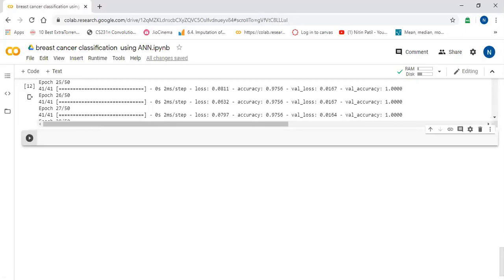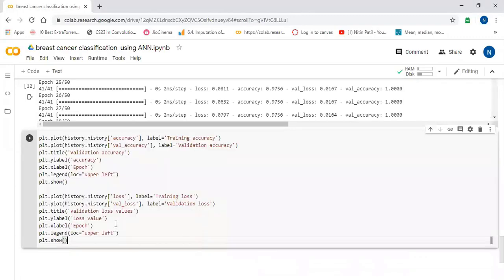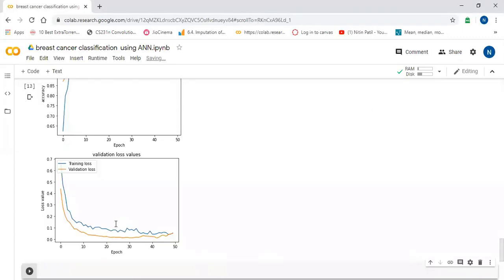Now we can see how our model has been learning visually as well, using graphs. I have one code for that. I will show it to you. So this is the code. We can see how our model is learning.